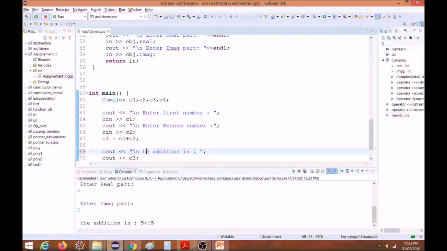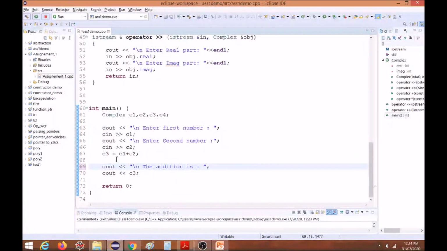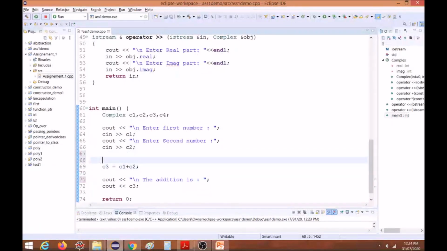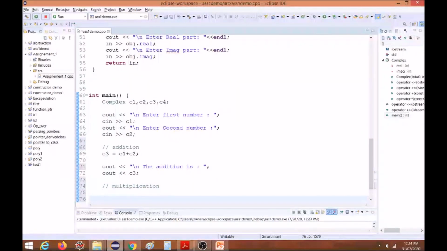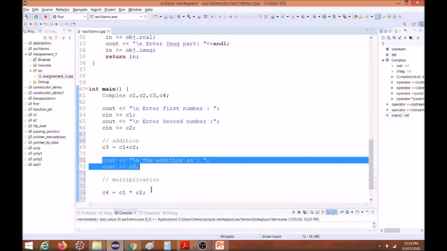Okay. So the output, the addition is 5 plus I5, with 2, 2 and 3, 3 as inputs. This is for checking the addition. Now we have to check multiplication. For that purpose, C4 is equal to C1 into C2. Okay, and then we will be displaying the multiplication is.